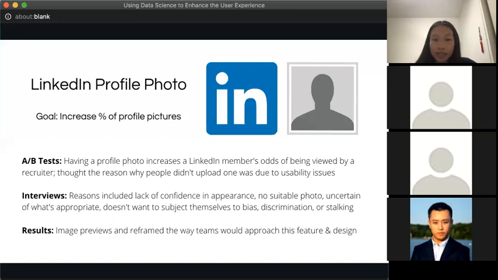The data scientists that conducted the A/B tests just assumed that the reason why people weren't posting their profile pictures was because they didn't understand how, or usability issues. They didn't know their way around the app and whatever. But user researchers were determined to really understand the underlying reason and not just assume that that was the reason why. After interviewing real people and real users of LinkedIn, they realized that that wasn't the reason at